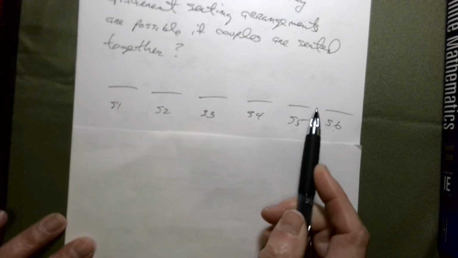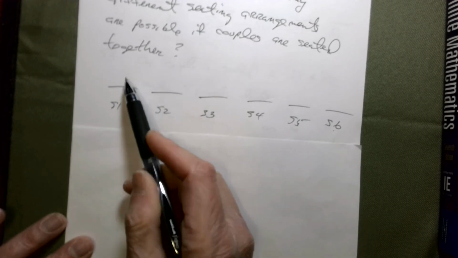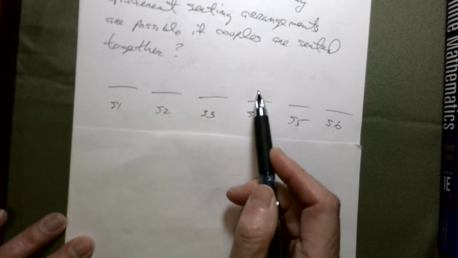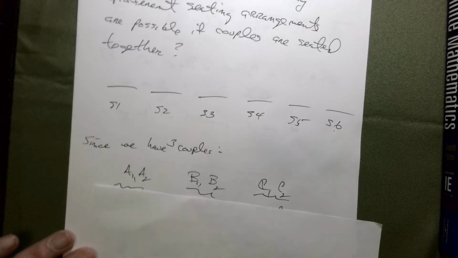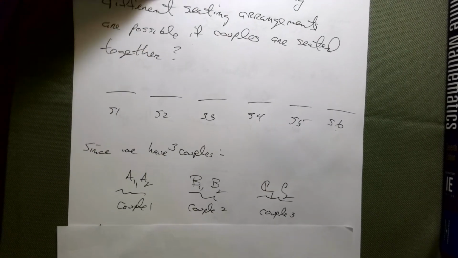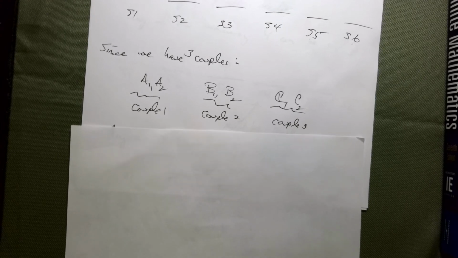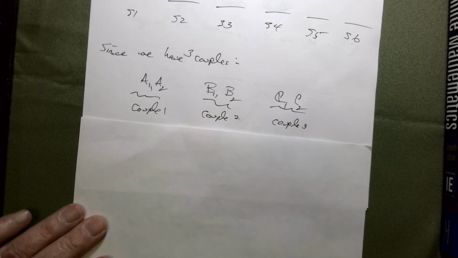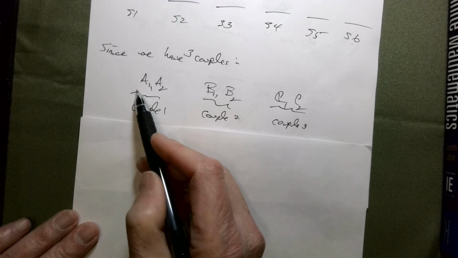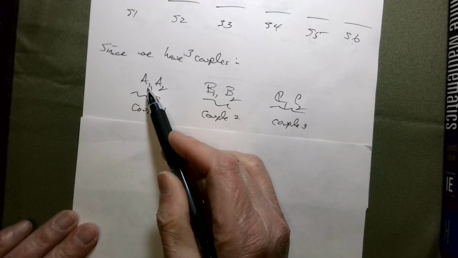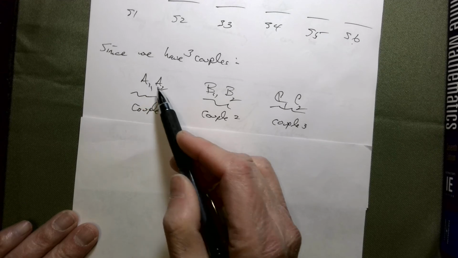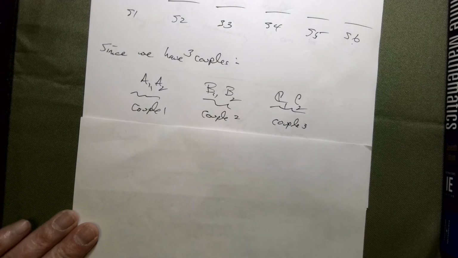So I don't start switching with couples. So for example, couple 1 doesn't get switched with somebody in couple 3. So in other words, if we write down what these are, I'm going to say couple 1 are the A's. The little subscript means this is the first member of couple A, the second, etc. So I have